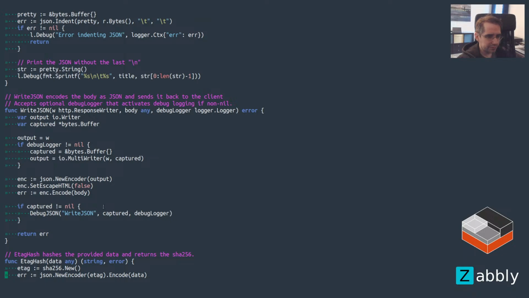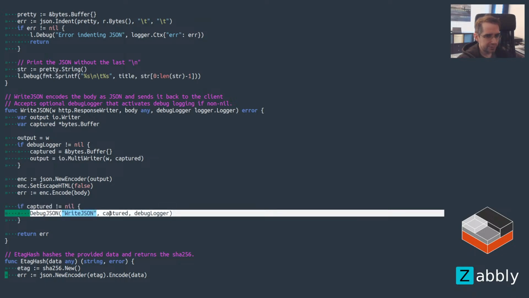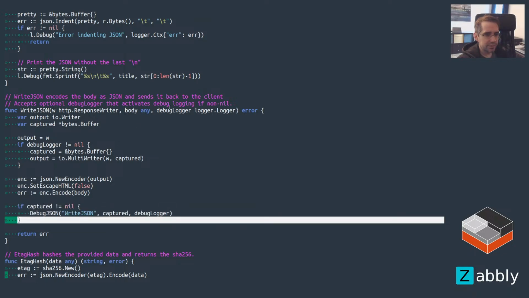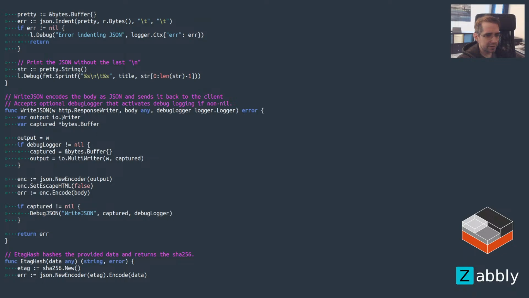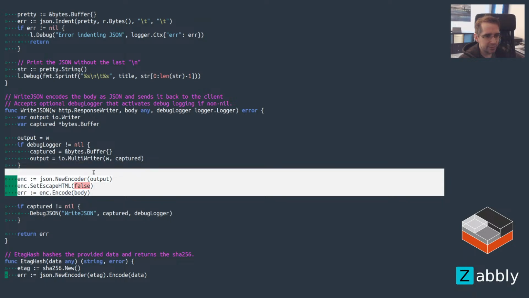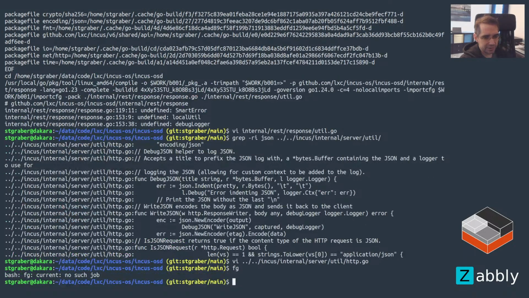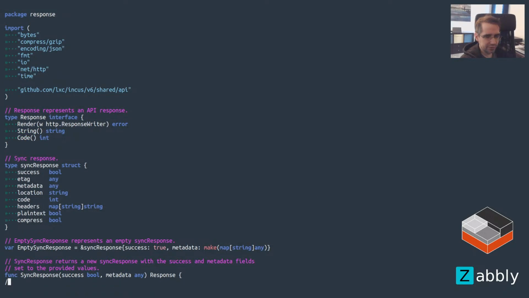We don't need the captured part at all, or the debug logger for that matter. So it's just the rest, which is quite literally just write. It's a JSON encoder to the output, set escape HTML, encode body, done. So we're just gonna take the relevant part of it and ignore the rest. So response.go and write JSON is what